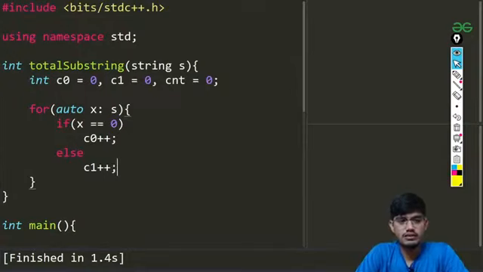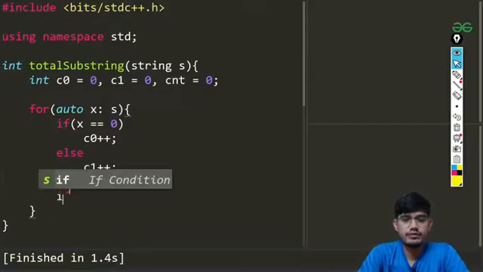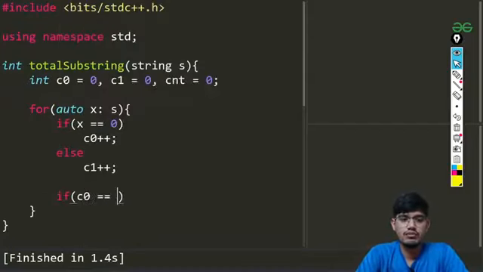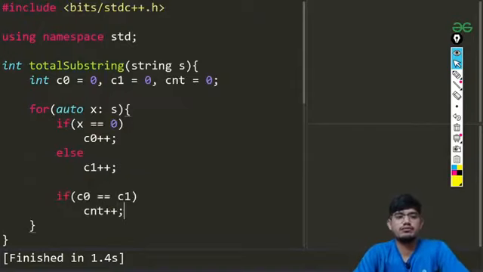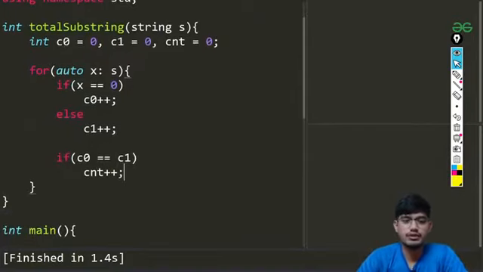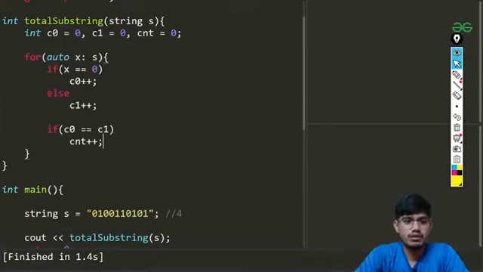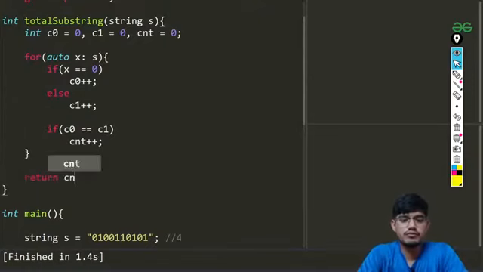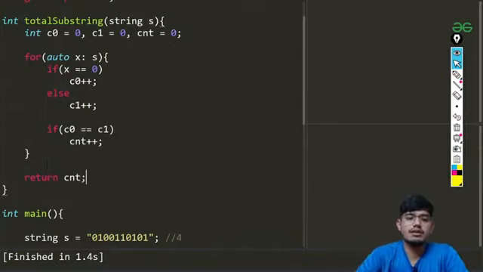Once this is done, I'm going to check the condition: only if my count of 0 becomes equal to count of 1, then I'll be incrementing my original count. Okay, so that's how we are going to be doing it. Now once I'm coming out of the loop, I'll just return the total count.